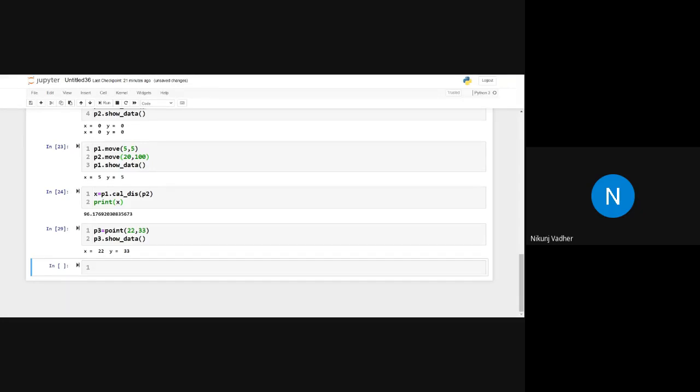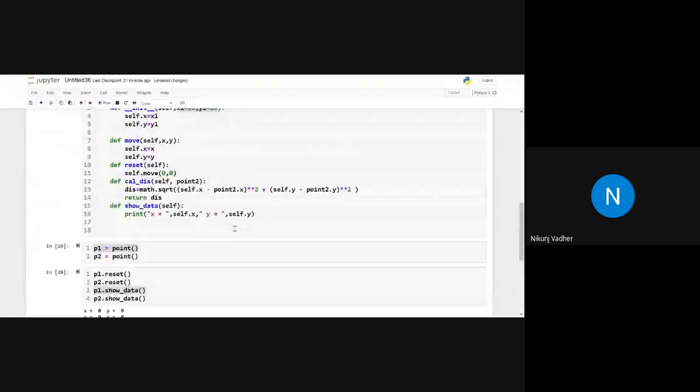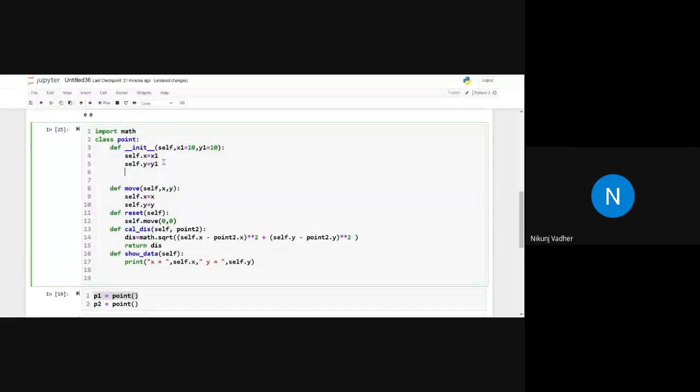So this is known as a constructor. The purpose of a constructor is to initialize the object. And here, if you want to display anything to the user, you can mention, like, let's say, point is created with x equals self dot x, comma, y equals self dot y.